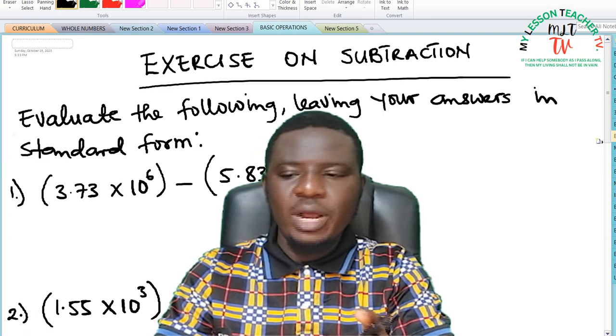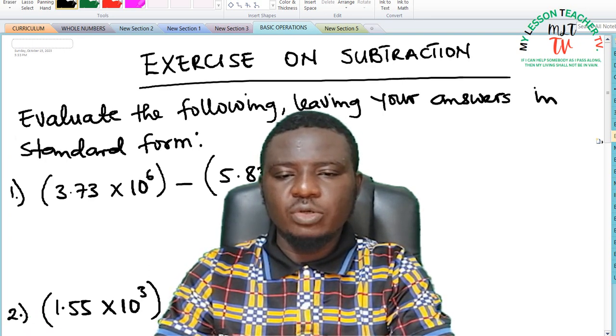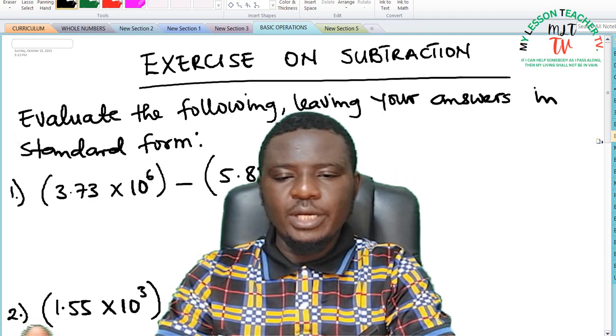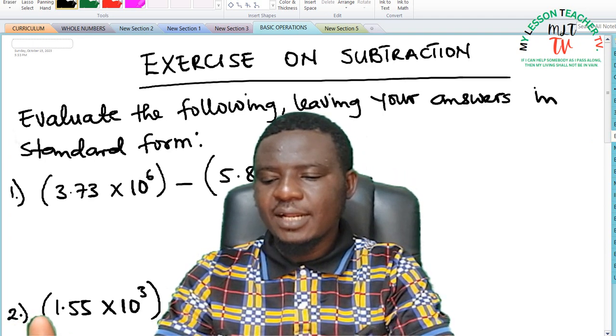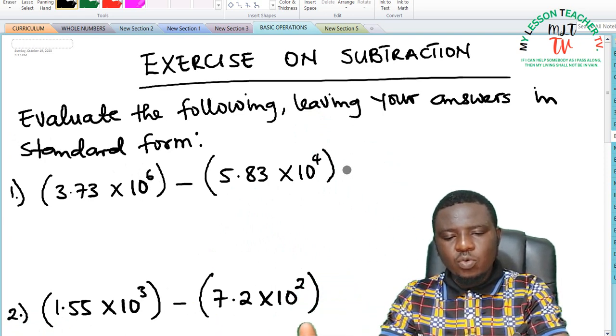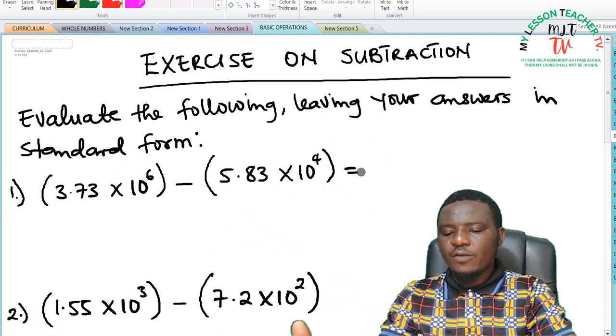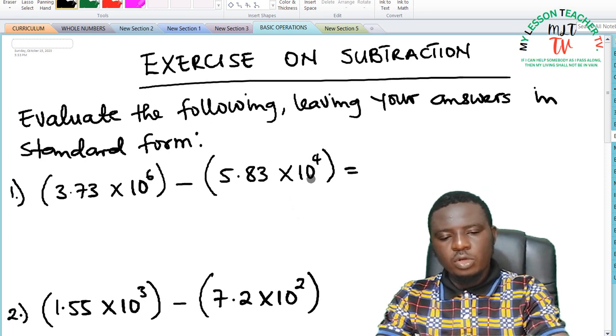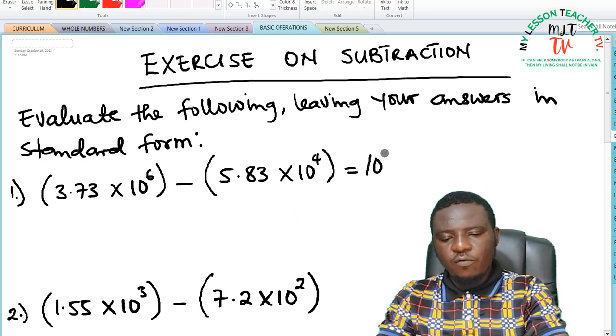We shall now take more exercises on subtraction of numbers in standard form. We are asked to evaluate the following, leaving our answers in standard form. So this is going to be equal to, I will factorize out the least multiple of 10 that is common, and that is 10 raised to the power of 4. So when you factorize out 10 raised to the power of 4 from this, you are going to have